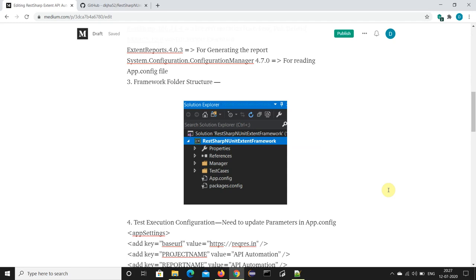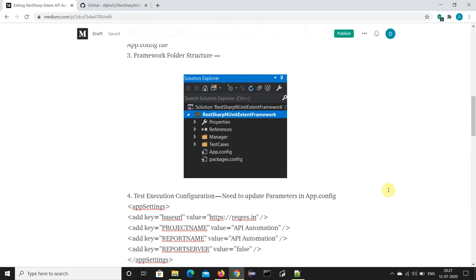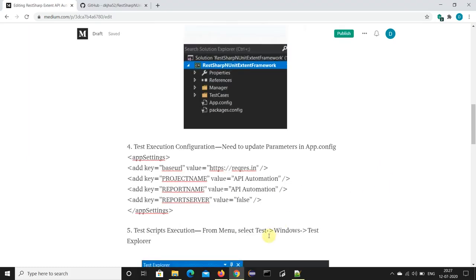And the config file is where we pass the base URL and other input details. So this is the app.config where I am passing the base URL, and this is the site I have used for demo purposes. And then a few other keys, like what will be the project name, and the report server key, which says whether I'm saving the report in the database or not. So these are the few keys. So let's go and